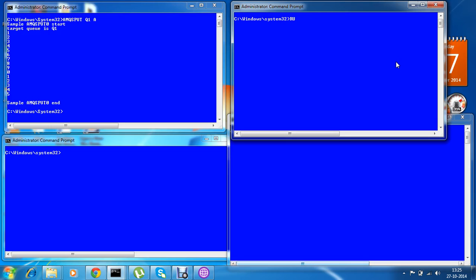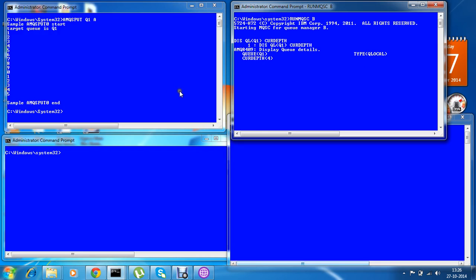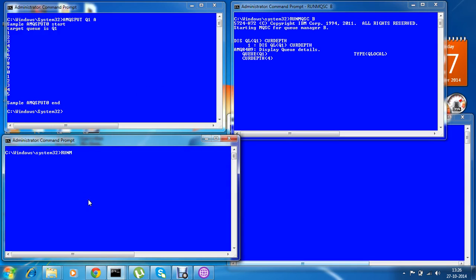If we go to the queue manager, we can run the MQSC control command to check the current depth of Q1. Display QLOCAL Q1. So 4 messages are there. We put in 15 messages, right? In the same way,